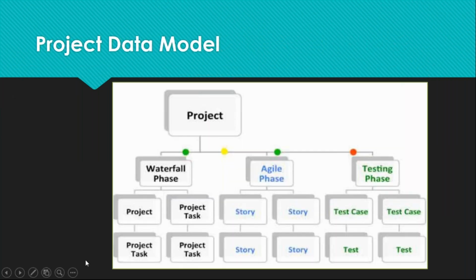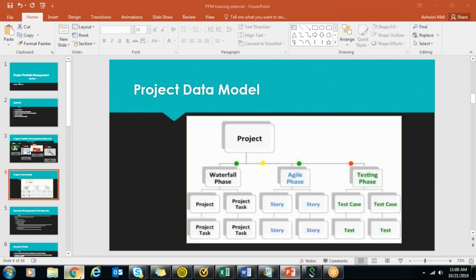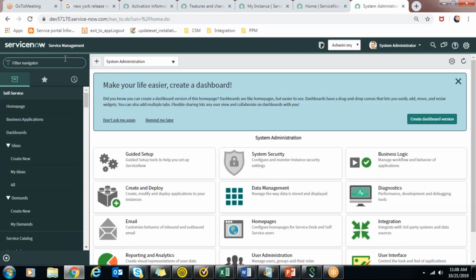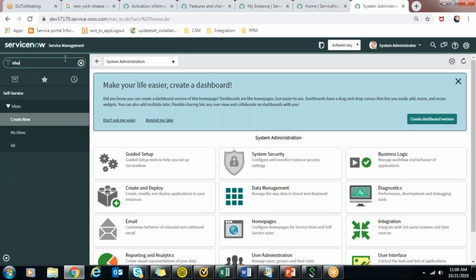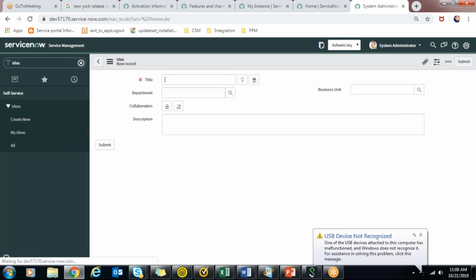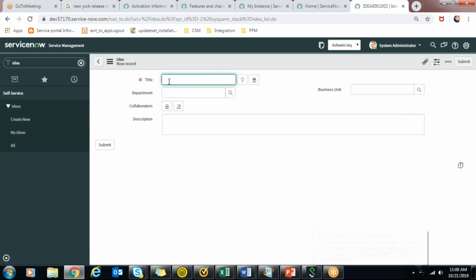I will show how to submit an idea and how it goes through different states. I'll create a new idea. The title can be ServiceNow ITBM implementation.